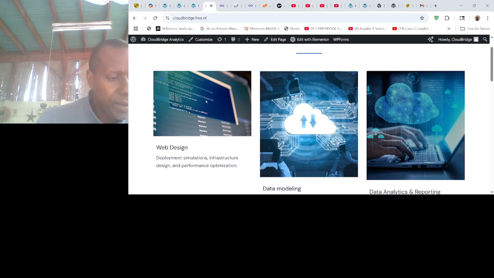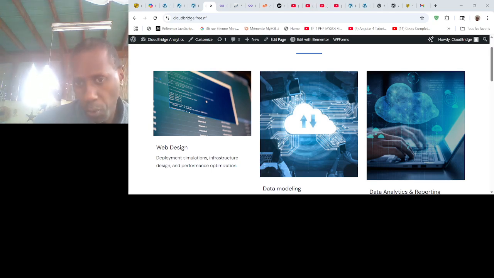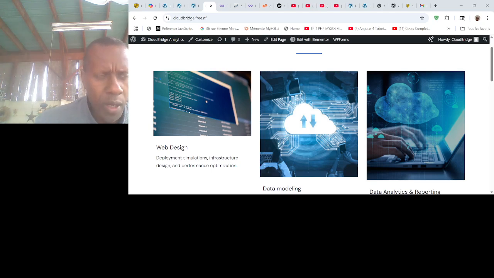So the backend setup was, as I said, Free Infinity hosting, and I created the subdomain called cloudbridge analytics. You put the link in the submission page of the assignment. Then, as regards the installation of WordPress on this site, on this page builder, there is an application called Softaculous Installer that I used to install WordPress